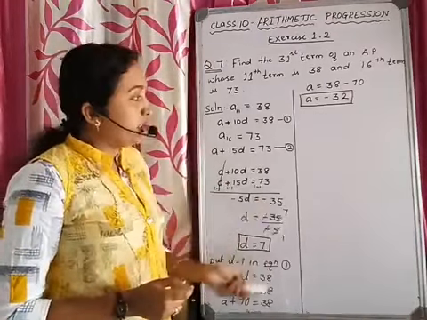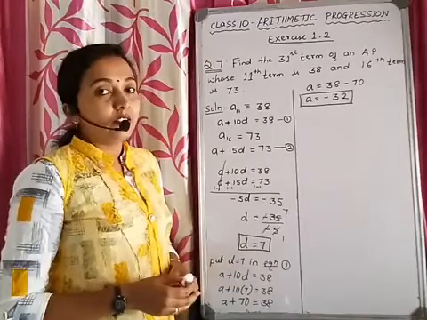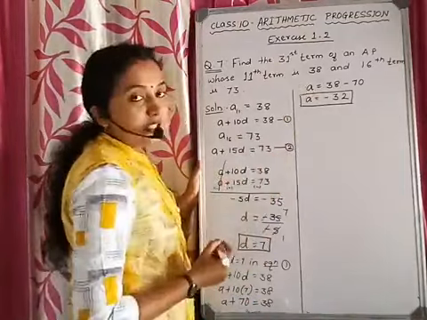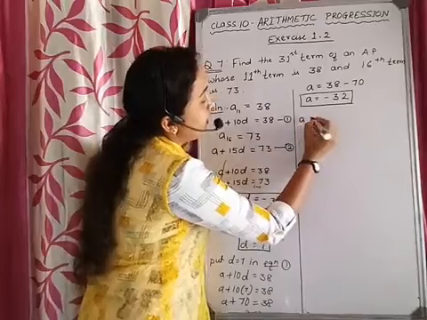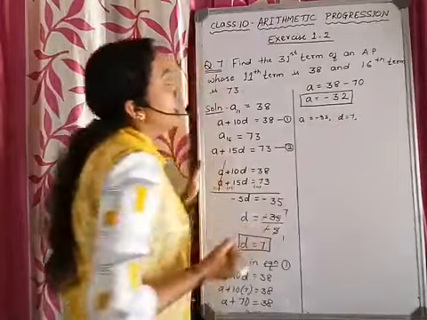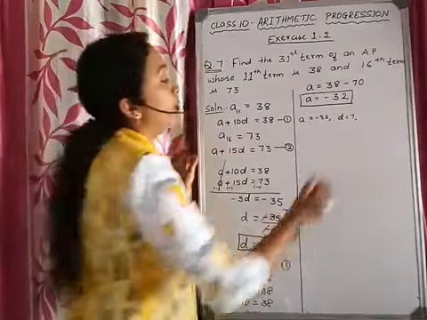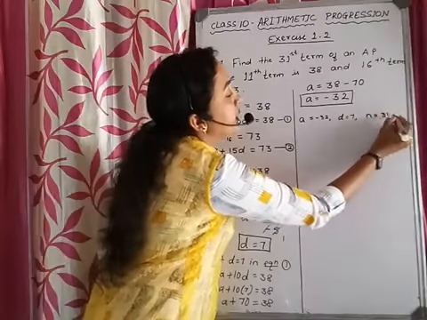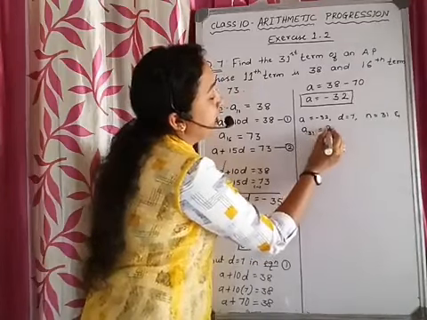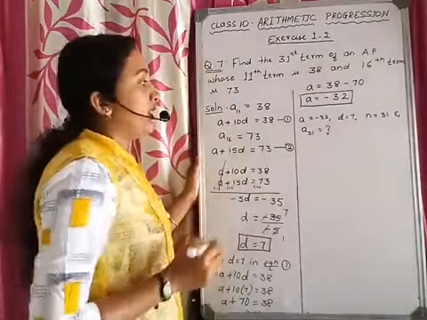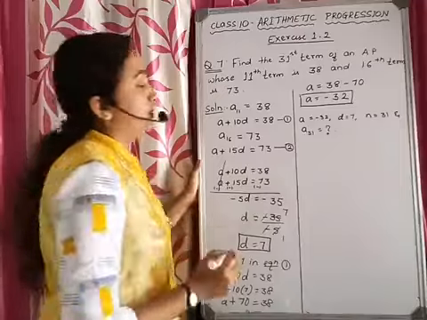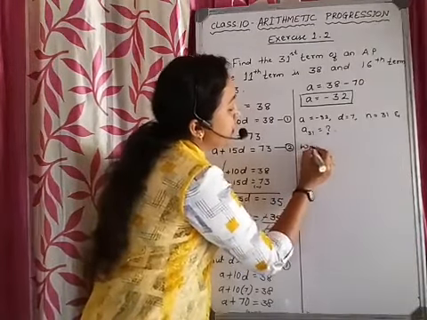So let us substitute these values into our nth term formula. Okay, children. So D is known and A is also known. Let us gather the data as A is equal to minus 32, D is equal to 7. They are asking for the 31st term. So N is equal to 31 and we have to find A31. Right children? Using this data, let us find the value of A31. That means the 31st term.